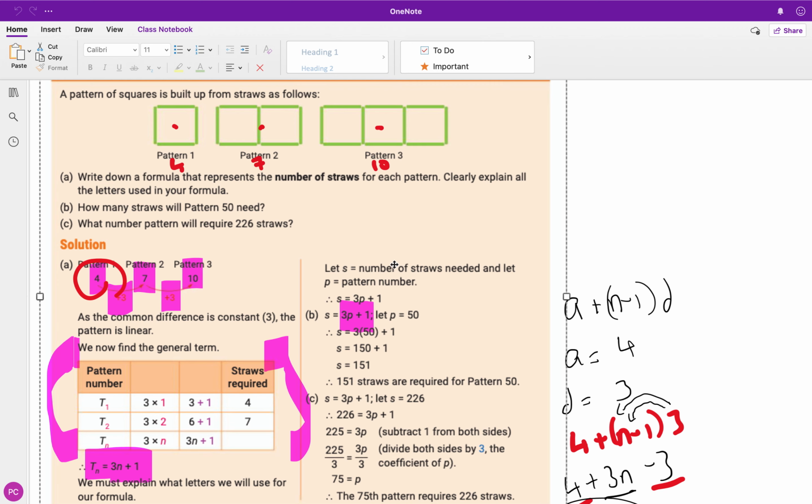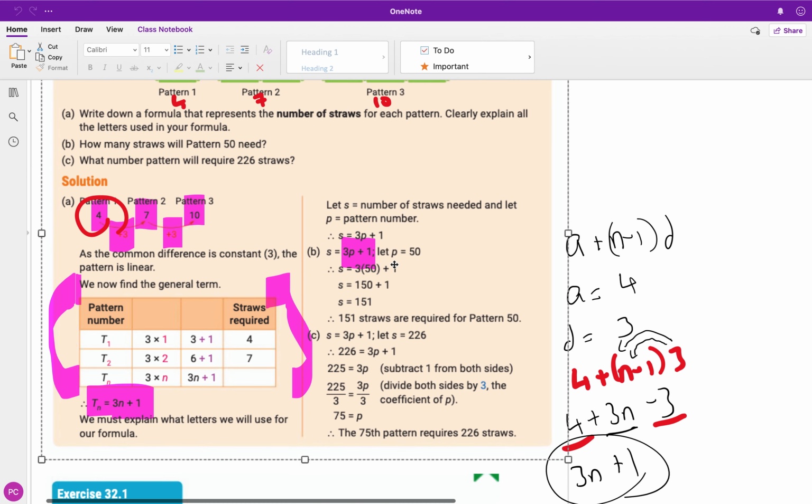If they're asking how many straws will pattern 50 need, we let n equal 50 and just sub it in. It would just be 3 by 50 plus 1, which is equal to